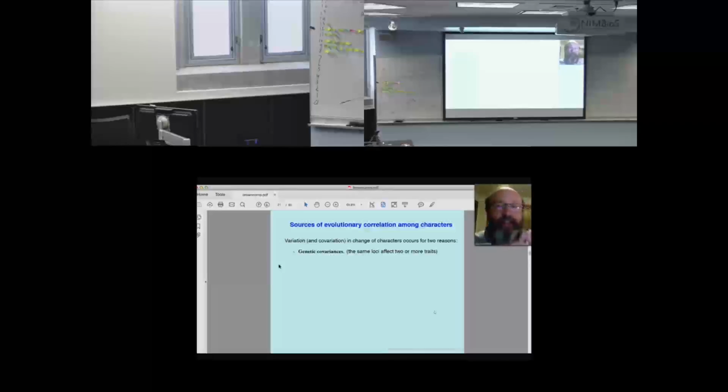And you also have genetic drift during the whole process. So you have wandering due to genetic drift. The process of genetic drift is affected by the genetic covariances. If the traits covary, then genetic drift will reflect that genetic covariation. Also, the response to selection is affected by the genetic covariances, the G matrix.